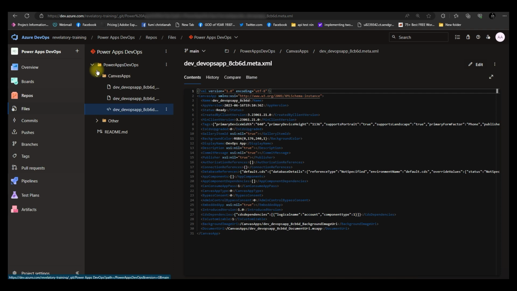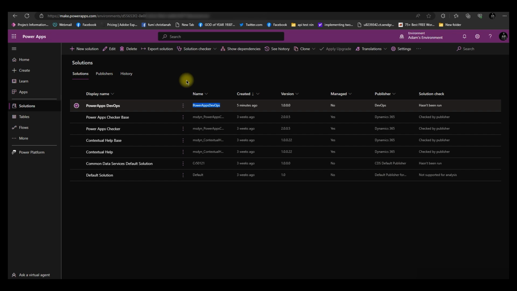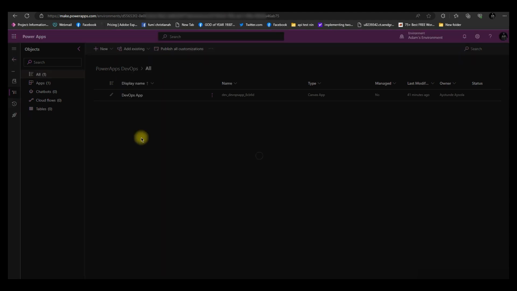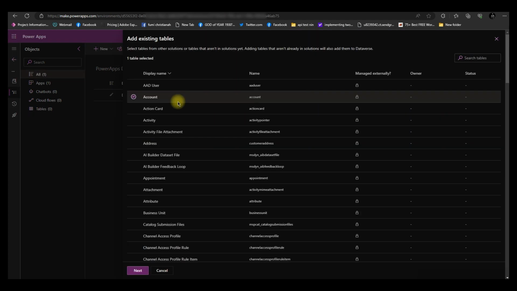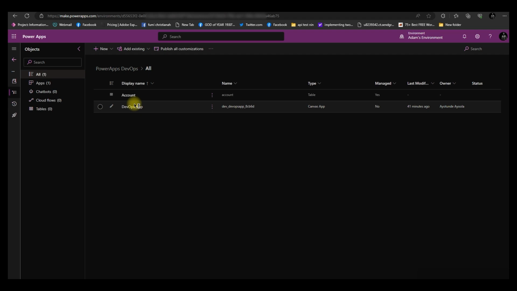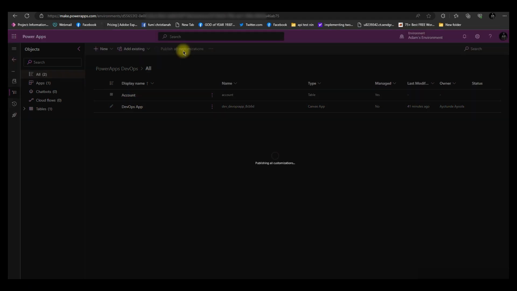You see the beauty now? So your Canvas app is there. So what if I go and make a change in the application? If I go back to the solution and open it, we only have a Canvas app. So if I come in here, let's just add a table. Let me just add a single table, add, and I'll publish. So we have a table, a new account table. Publish customization,